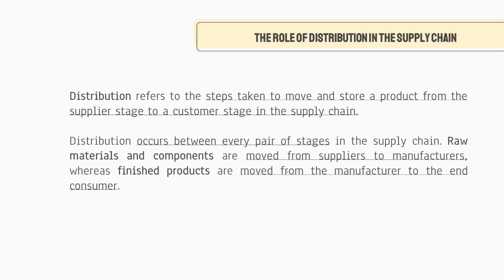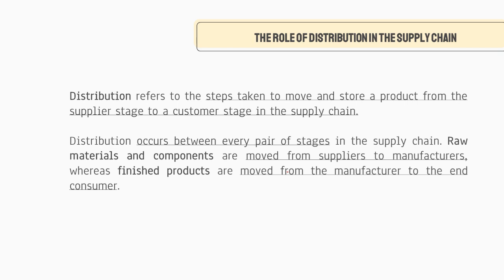So syempre bago mangyari yung distribution, normally the raw materials and the components are moved from suppliers to manufacturer. So yung mga kailangan nating materials, mga ingredients, mga components ay dadalhin muna sa mga manufacturer natin. So first, we need to buy these materials and components sa mga supplier, and then from supplier pupunta siya kay manufacturer para gawin na yung product. And then the finished products are moved from the manufacturer to the end consumer. So pagtapos ng gawin yung products, pwede na nilang i-offer yon sa mga end user, which is tayo